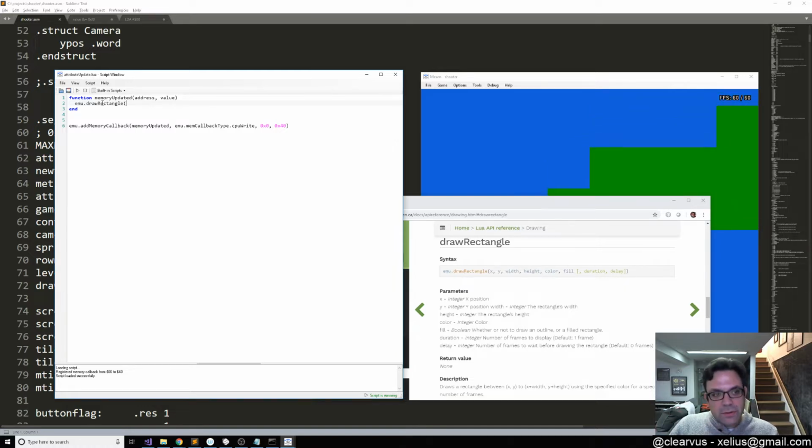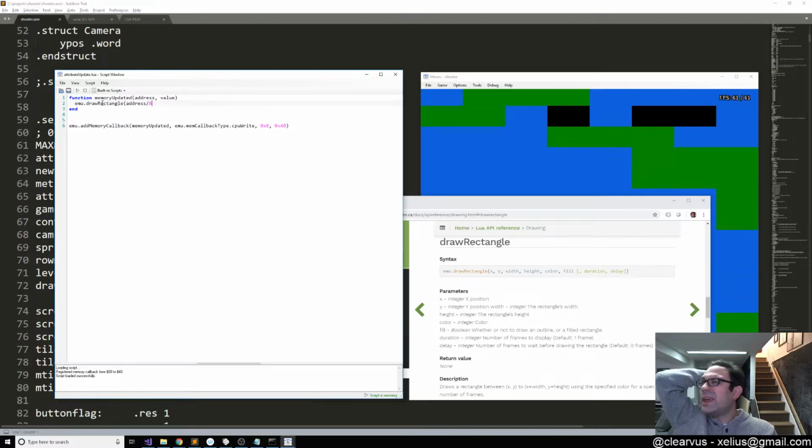Because we're starting at 0, we don't have to do any offsetting. We can just take the address, and we want to divide it by, it's 64 divided by 8. So let's take the address and divide it by 8, and then that will give us